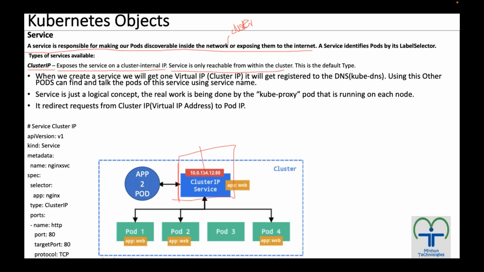Now, what is going to happen in the background when I'm creating a service? Understand, guys, this is very, very important. Communication is very, very important. So when we create a service, what is going to happen in the background? I am going to get one virtual IP or cluster IP. I am talking about this one. When we create a service, we will get one virtual IP or cluster IP, that we call it as a